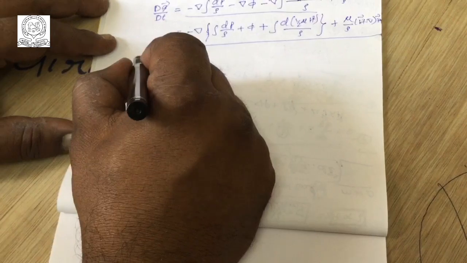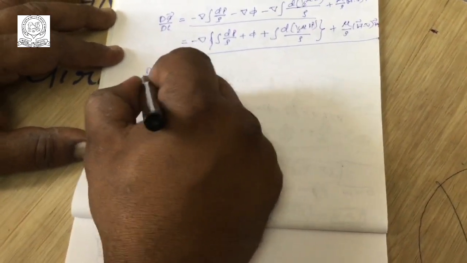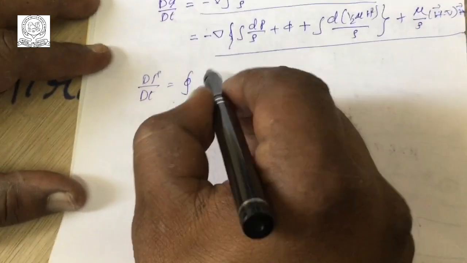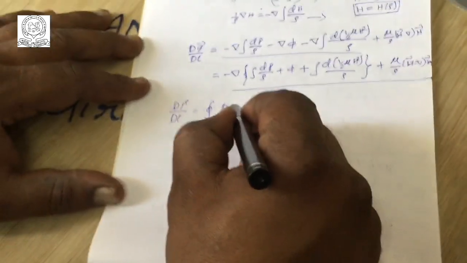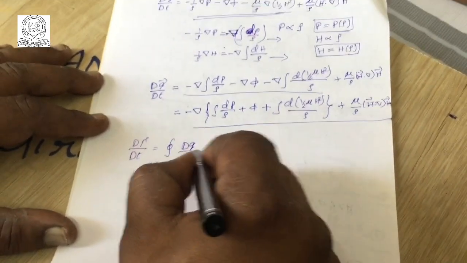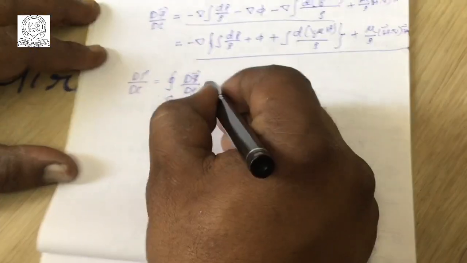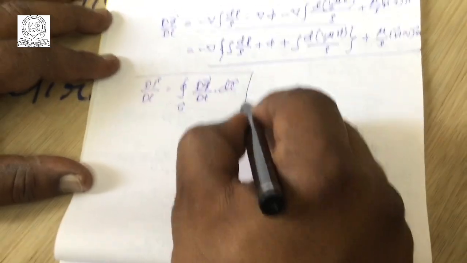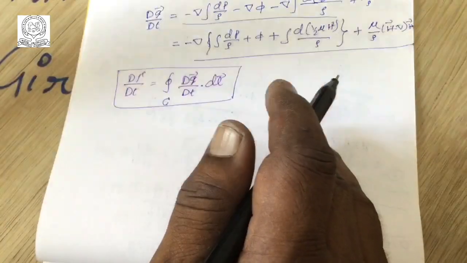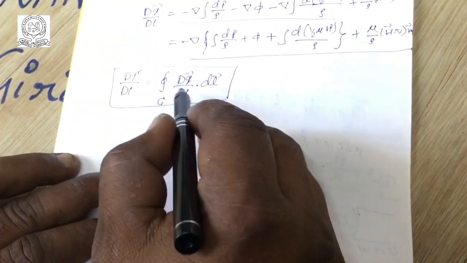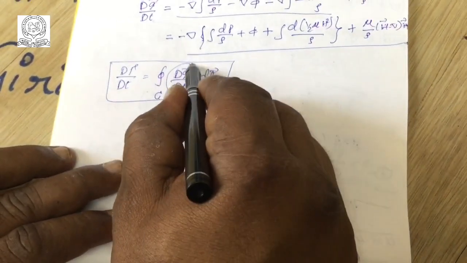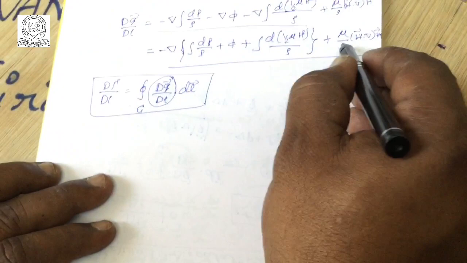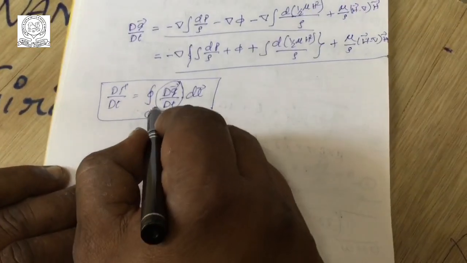Equation 1 says d gamma by dt is equal to the line integral over a closed curve C of dq by dt dot dl. This is equation number 1, so you know it from the previous slide. So by substituting dq by dt from these terms into equation 1,